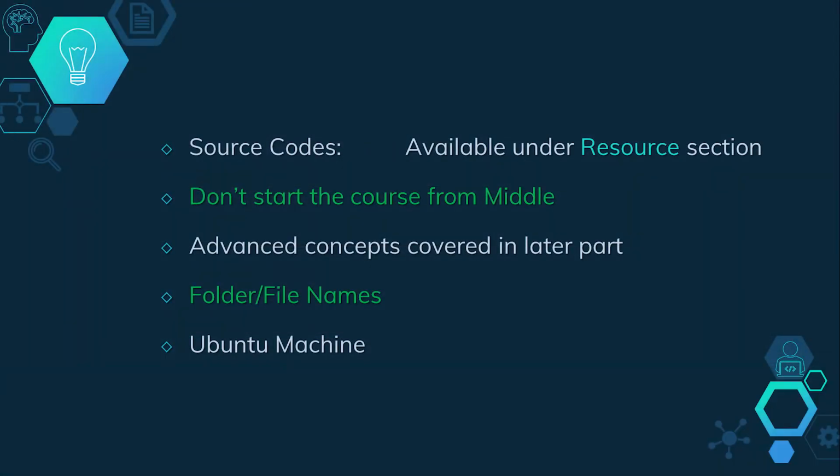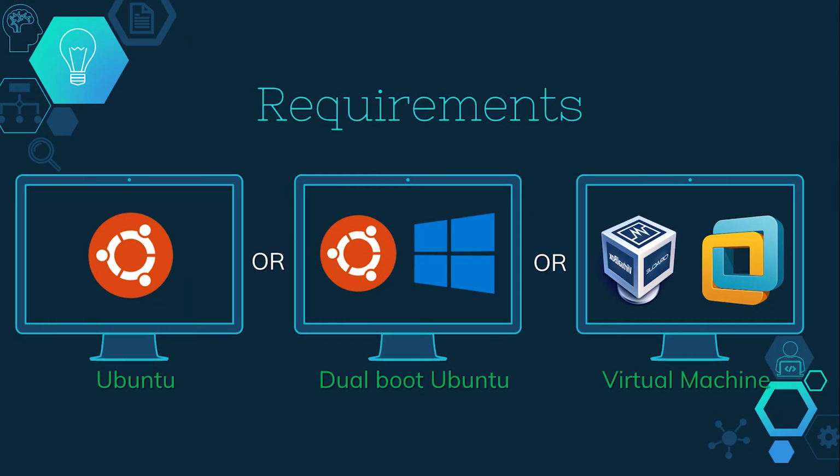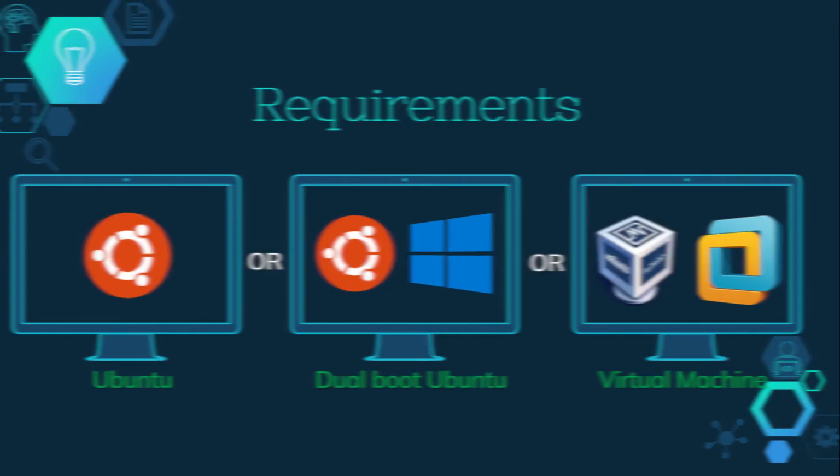Since this course is based on using ROS in the Ubuntu operating system, I expect you to have a Ubuntu-based computer ready to follow along. You can choose to use a dedicated Ubuntu installation or a dual boot installation along with Windows, or a virtual machine-based installation. The lecture for the virtual machine installation is in the appendix section of this course. I strongly recommend you to watch those lectures if you want to use the virtual machine-based installation.